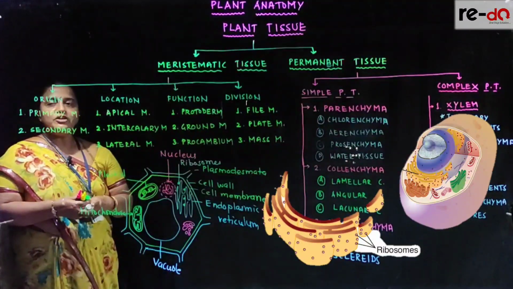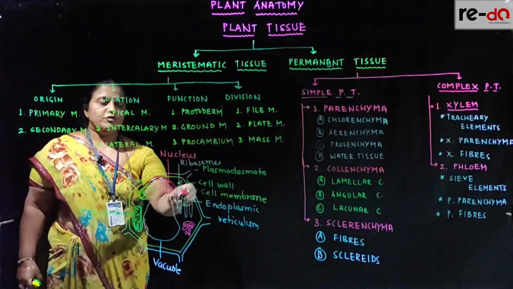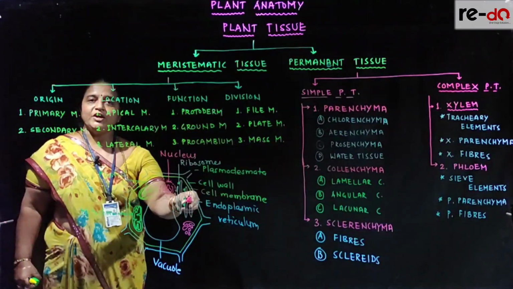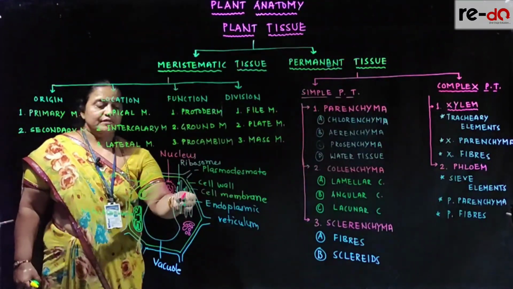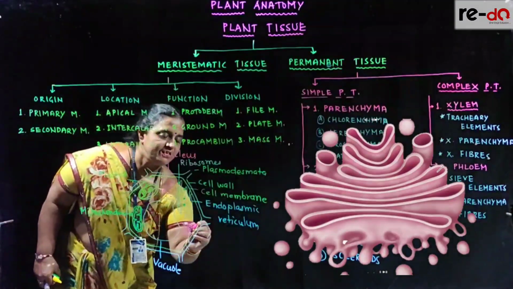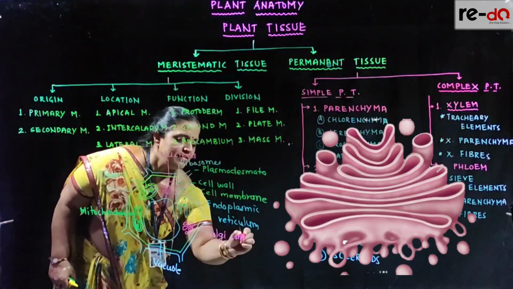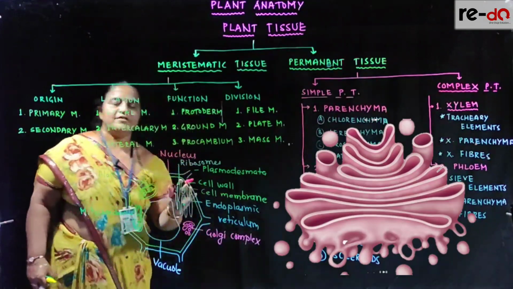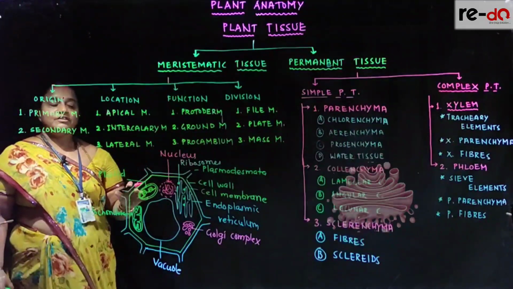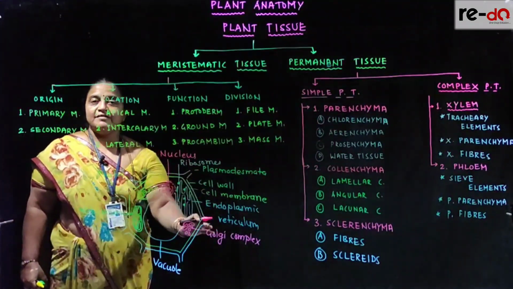And there is a packaging unit, meaning the raw biomolecules are stored in endoplasmic reticulum according to the need. The components are supplied to the Golgi complex. It is known as the packaging unit of the cell. This is the standard living functional plant cell. Try to remember these features.